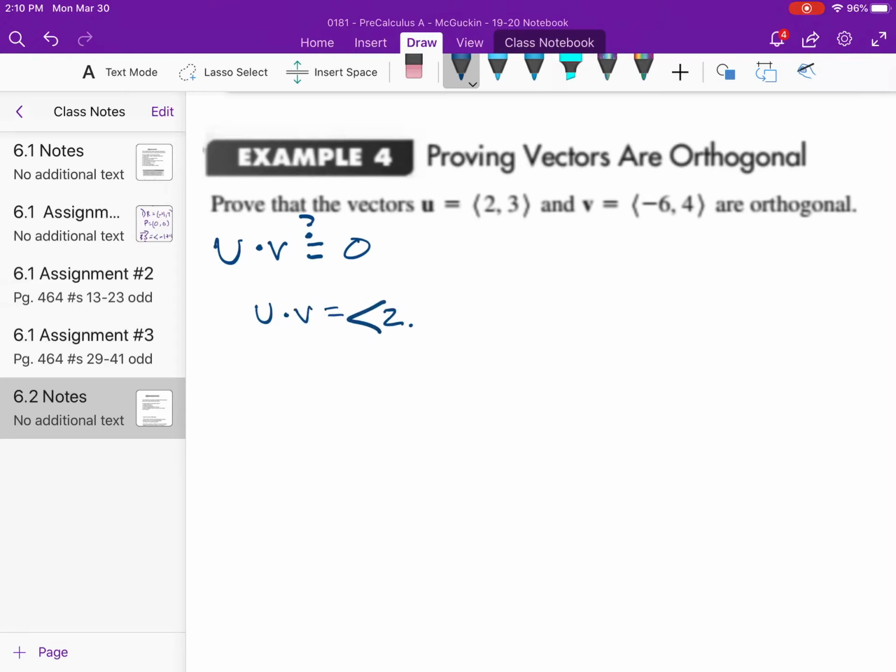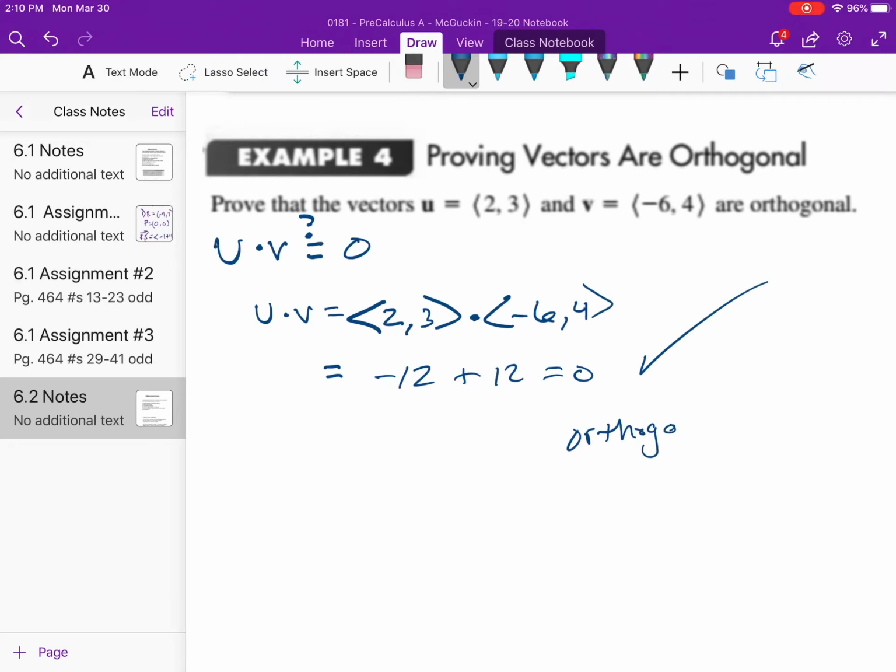So the dot of u and v: 2, 3, -6, 4. We have -12 plus 12, which does in fact equal 0. So we would consider these two orthogonal vectors. Okay? So again, keep in mind that what we're really trying to focus on is just: is the dot product going to result in 0? That's what's going to make it an